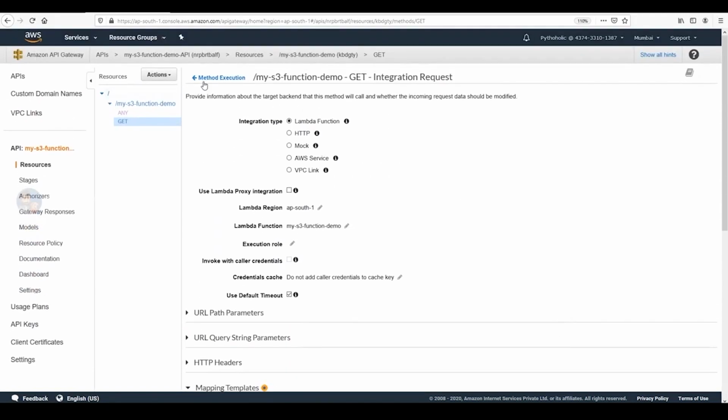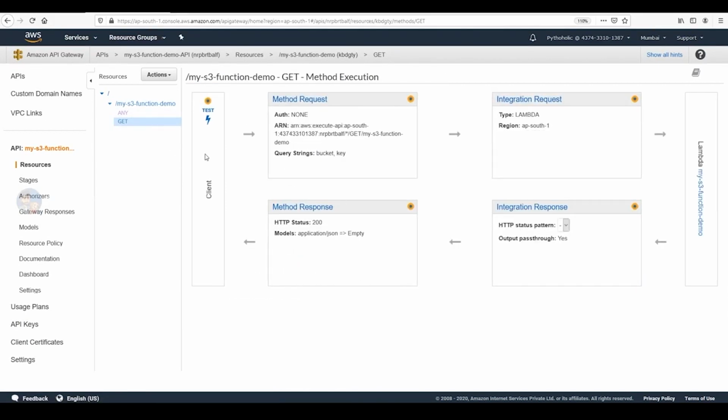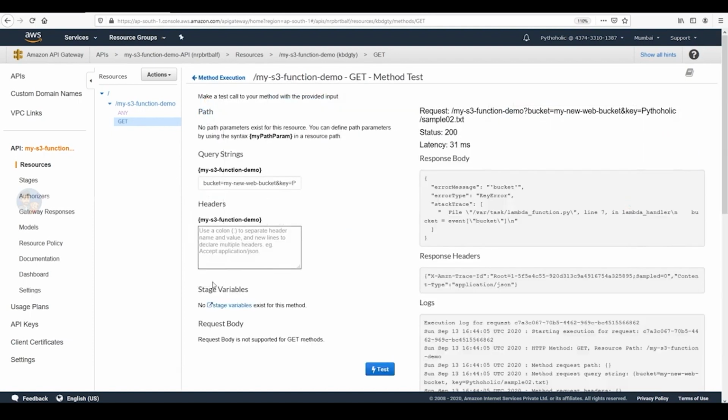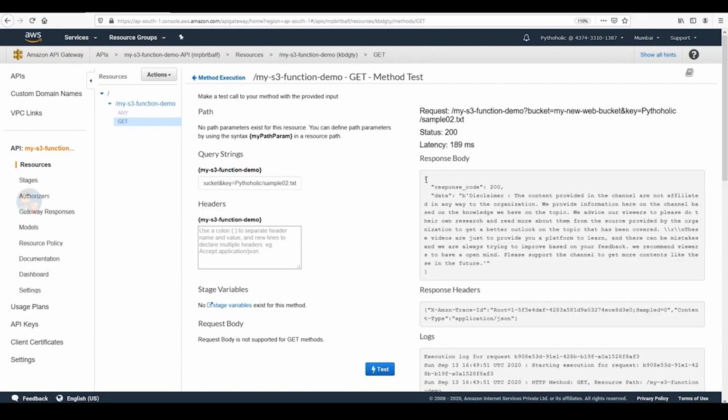Then go back to the function that you have, the get request that you have. Now click on test. So now we have the function here, my function demo, and these are the parameters that I want to pass. Let's see whether we are able to run this or not. Click on test. See, we have passed the inputs we wanted from our query parameters, that is bucket equal to my new web bucket, and the key that I have passed is Pythoholic